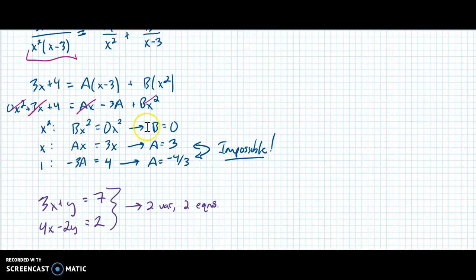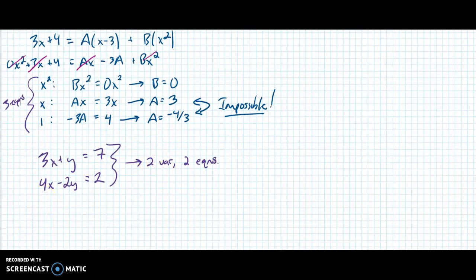So I think you should see that up here, we had three equations. I was trying to satisfy three equations, a 1 equation, an x equation, and an x squared equation, but I was trying to do it with just two variables. And that's what gave me this impossibility. I needed a to be 3 to fit all this stuff, and I also needed a to be negative 4/3. So the question is, what do we do